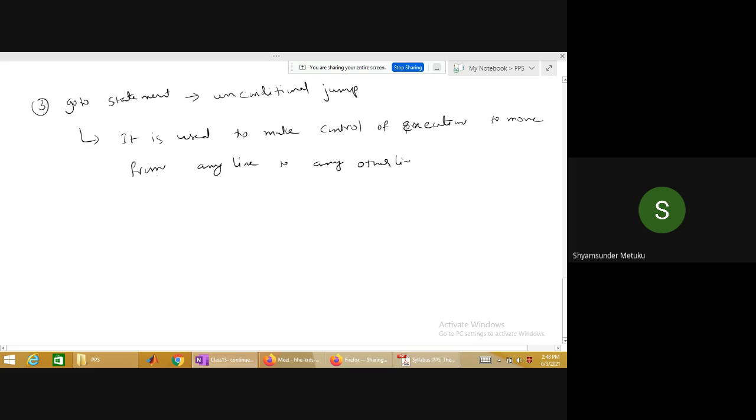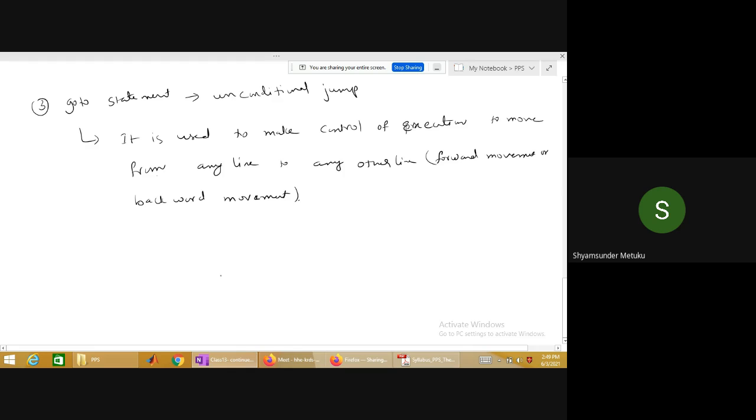The meaning of it is, it may be a forward movement or it may be a backward movement.